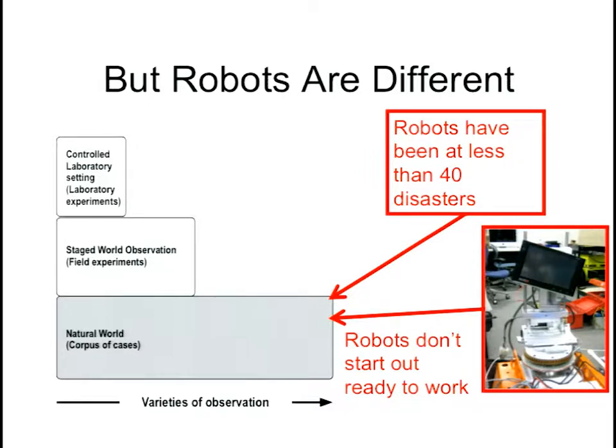So the robotic development process is actually going in the opposite tradition of physics, most engineering, and most medicine. Instead of going this way, robotics is starting here and then working our way down there.